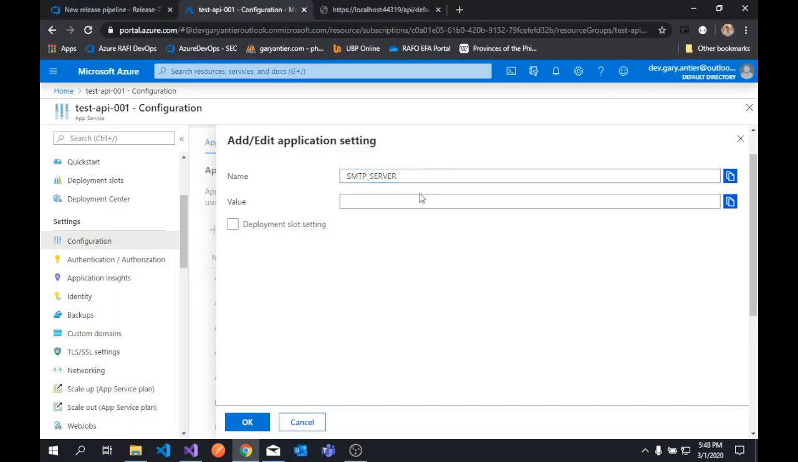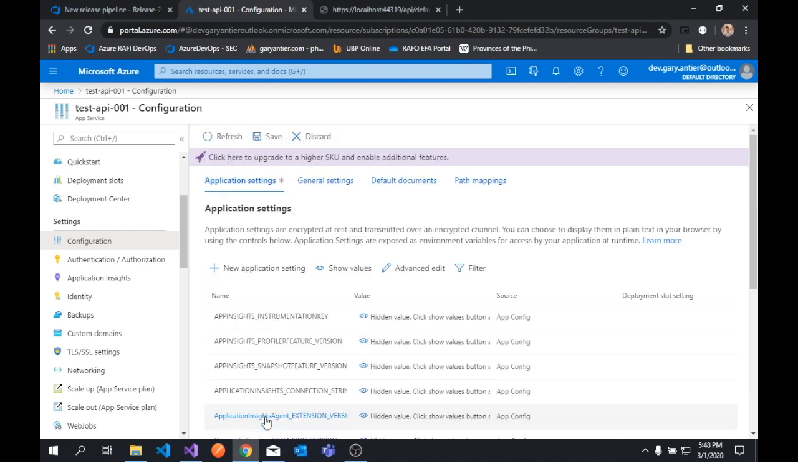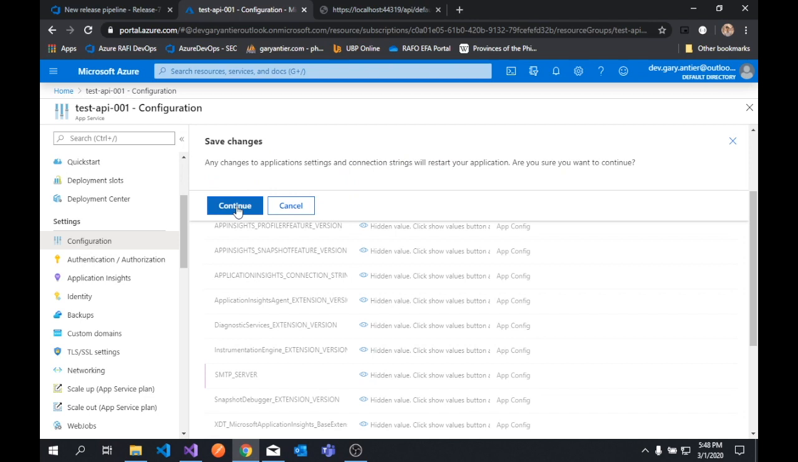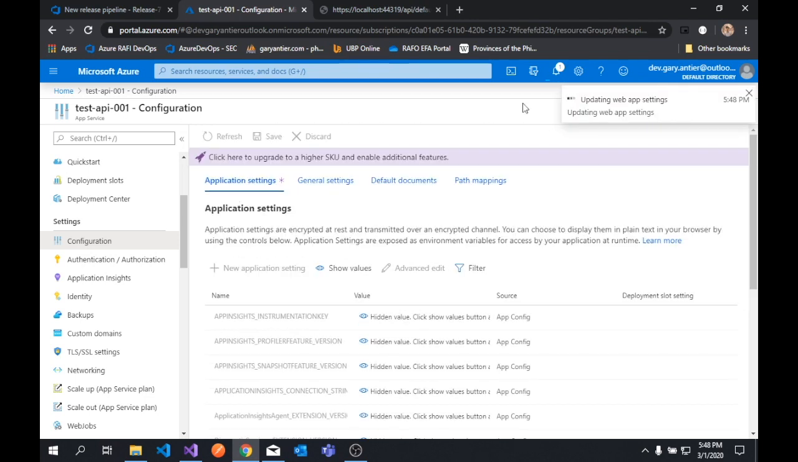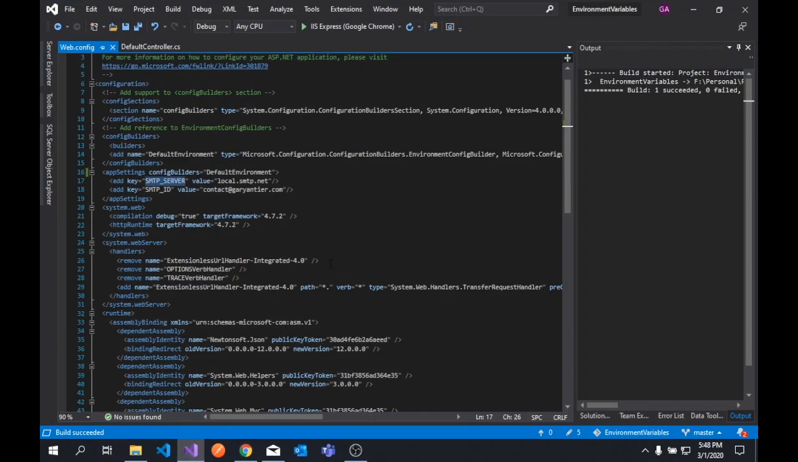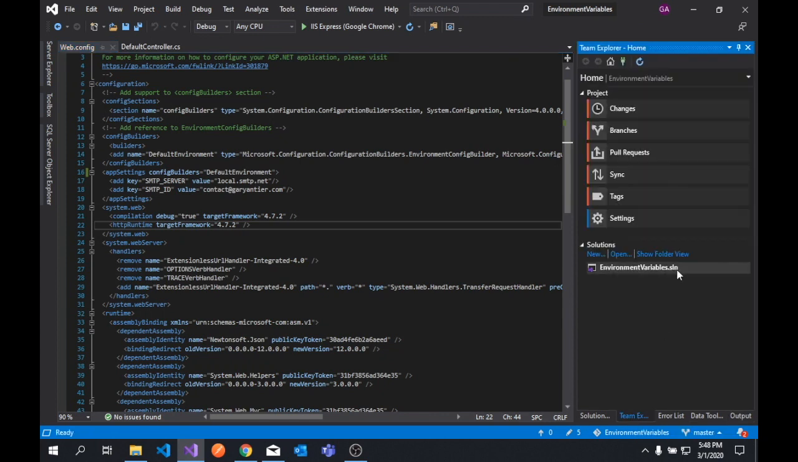So let's do that. And for testing purposes, let's say live.smtp.net. Hit OK. Now let's save the changes and hit continue. It would not take long for this to finish. It's actually done. Now the next step is to go ahead and deploy these changes to Azure pipeline for